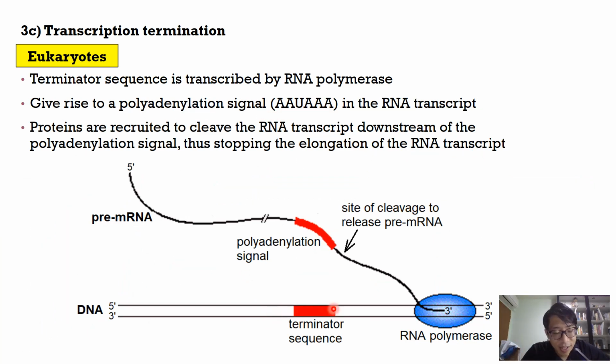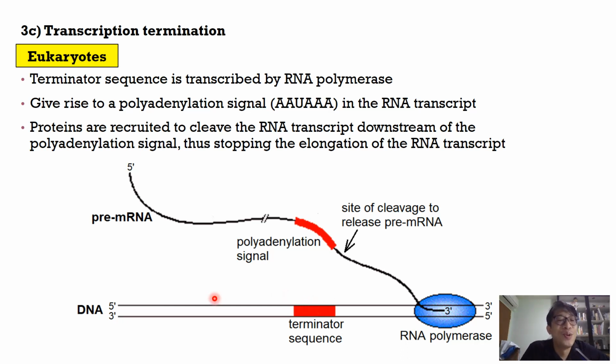Within the terminator sequence, there's a particular sequence in the template strand that codes for a polyadenylation signal. So the DNA sequence in the terminator sequence, this is a mouthful, would be this part with a sequence of TTATTT in the template